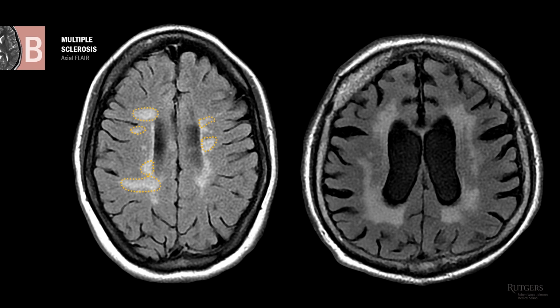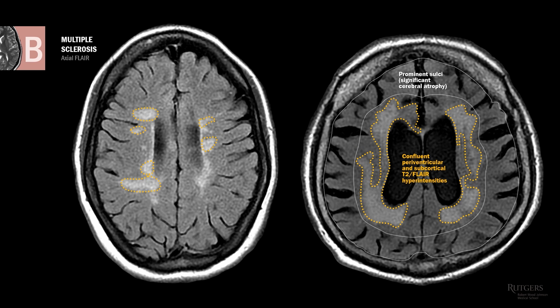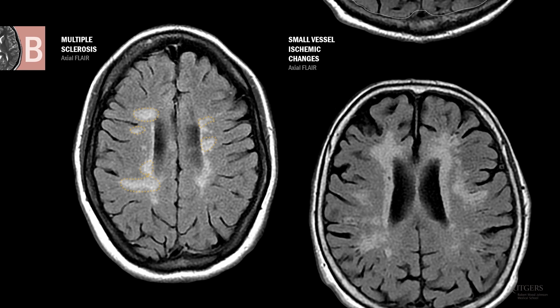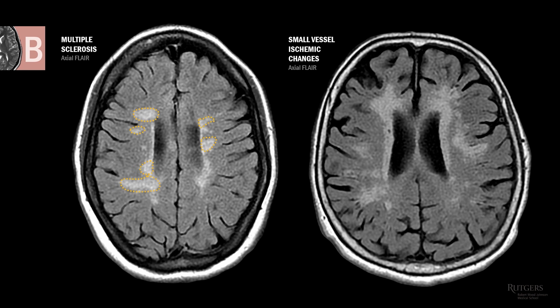The hyperintensities are still periventricular and subcortical, but they are more confluent, not ovoid. Also, the sulci are quite deep and prominent because of significant brain atrophy. Confluent subcortical lesions with brain atrophy in a patient with vascular risk factors are likely caused by small vessel ischemic disease. Judging by how ugly this image looks, you would probably expect this patient to have vascular dementia. Small vessel ischemic changes are so common that I'm showing them to you twice.